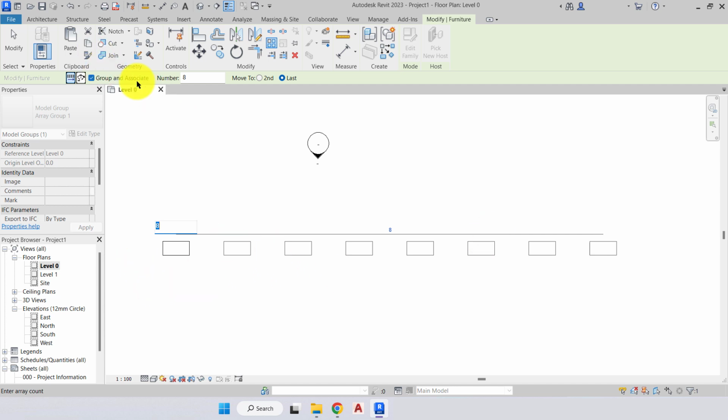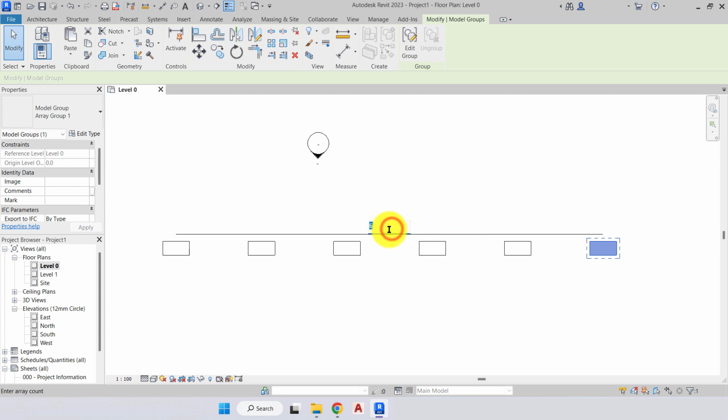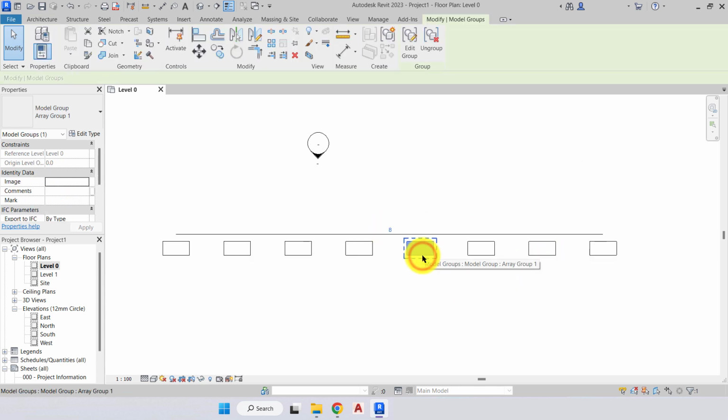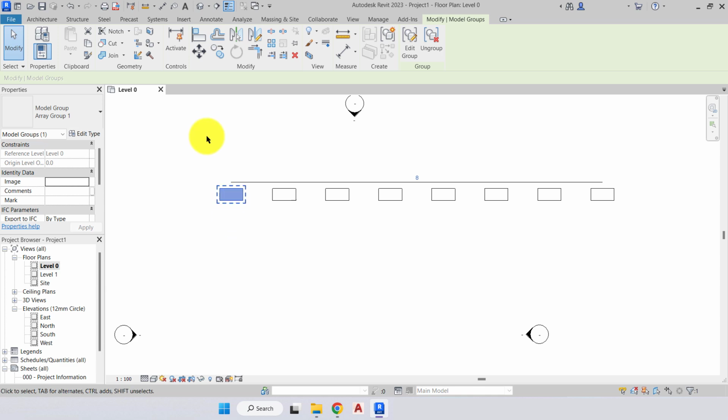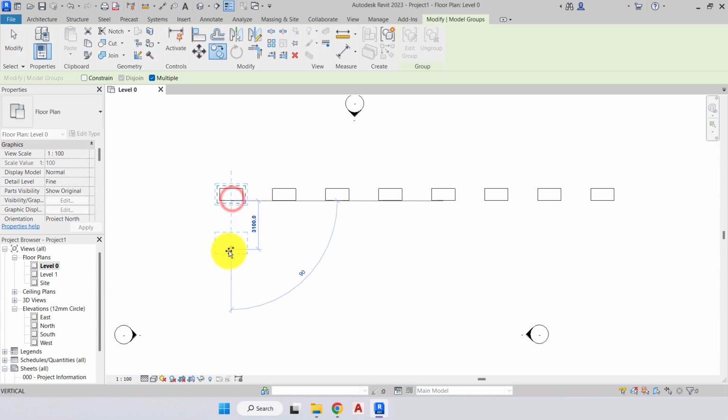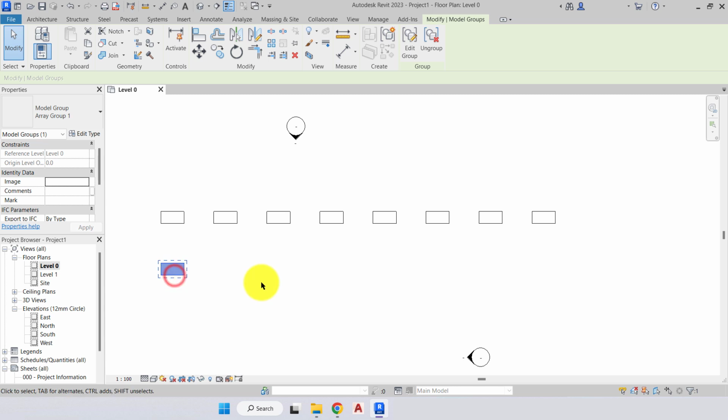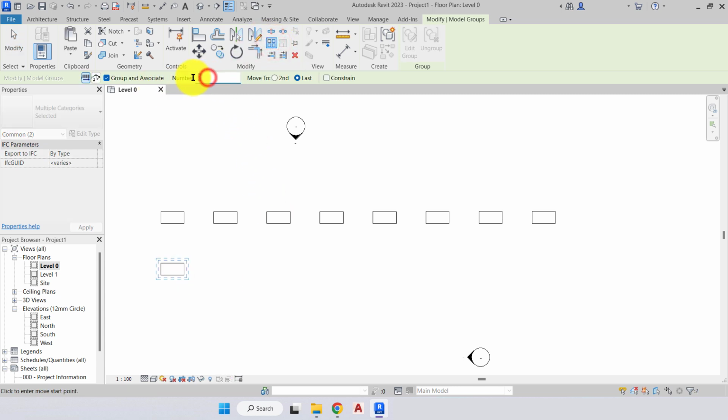As it is still in a group, we still have control of how many desks are in that array, so I can change that to 6. I can bring it up to 12, back down to 8. So we still have those options. What I want you to do is to select one of those desks and bring it down to the bottom. And we'll select the desk again, come to our array, we'll up that to 8,